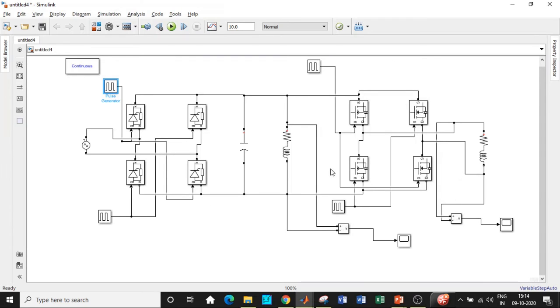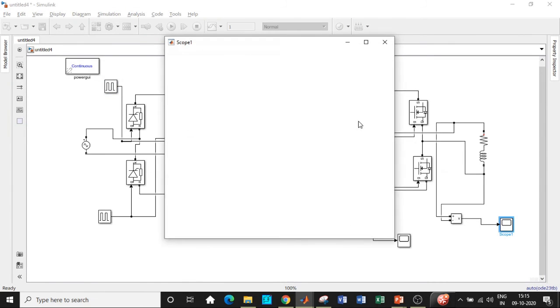So now we have connected the components with respect to the circuit. Now let us reduce the simulation time to 1 second, because these are static loads. In case you are using a motor, it takes time to settle down, and there will be transients, and it takes at least 5 seconds. So that is why I'm giving it as 1 second in this circuit. Let us click on run simulation. So it does take some time to simulate, and once that is done, now let us double click on the scope in order to see the waveform.